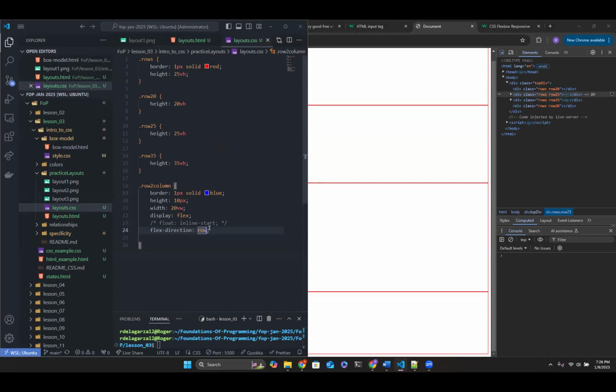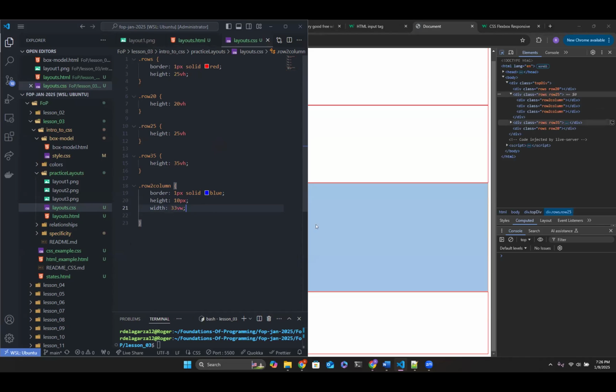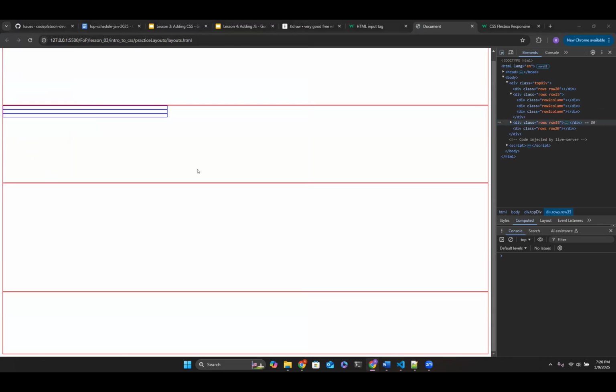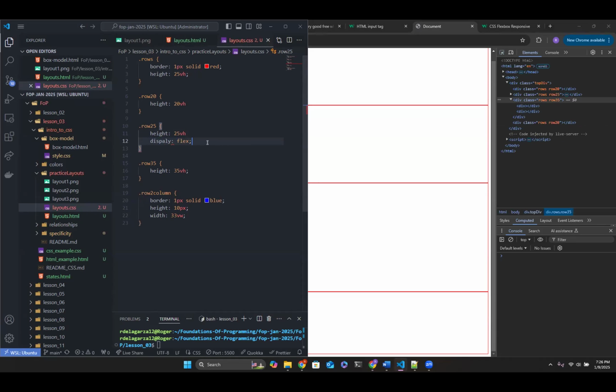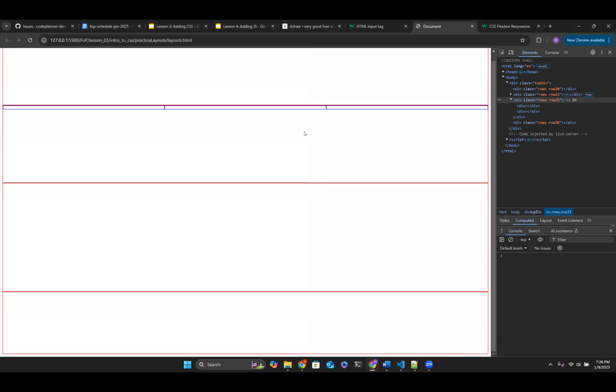So let's go ahead and go back. The width was fine. 33 will say view width, right? But what I need to organize is not the columns themselves, but the row, right? Row 2. This needs to be display flex. Let me add a column here. There you go. Just by adding flex, it automatically organized the items in that box. My apologies. That was my fault. But I was putting the CSS in the wrong element.